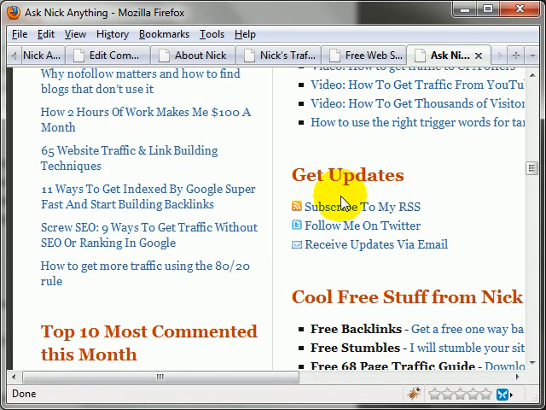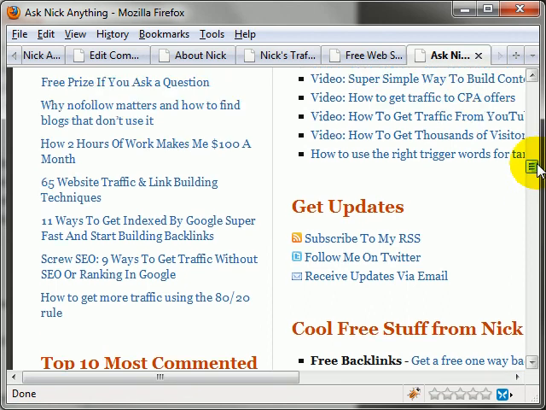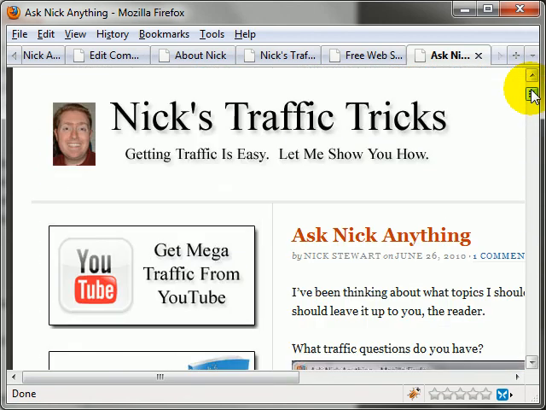When people get to the end of the blog post, they're thinking, what do I do next? So one of the options I have is the get updates again, where they can follow via RSS or Twitter. That helps people become regular followers, and regular followers are more likely to register, interact, and help you build a community. And so that's my answer to how do I get people more involved and get them to register.